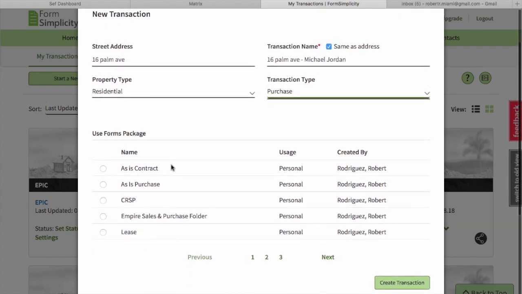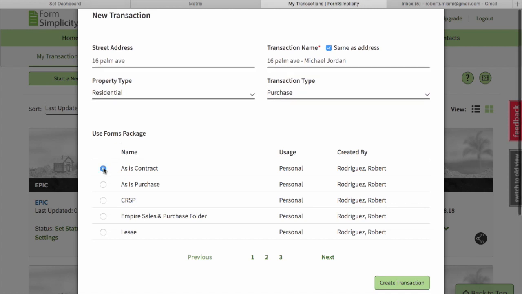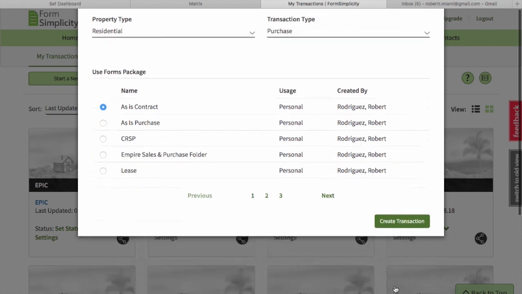Right away, it asks you if you'd like to use a forms package with your transaction. So I'm going to go ahead and click on as is contract, and this is a forms package that I wish to use as part of my transaction. And then on the lower right corner, you will find the green create transaction button,